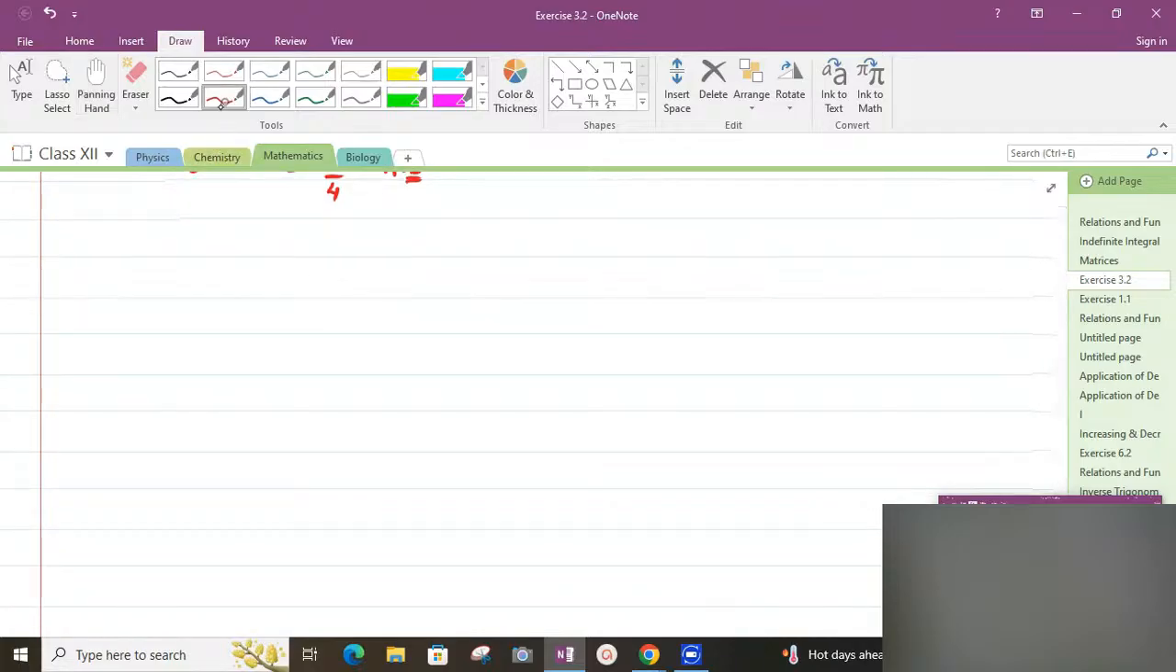Let's see the question number 12. Now I am going to write the question number 12. This is a long answer type question. So in this question it asks us to prove that